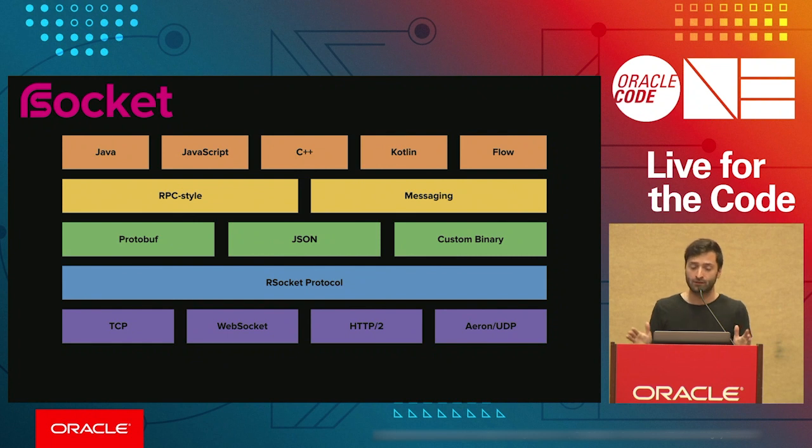So it's not only about this stuff, but we cover a lot of things with RSocket right now. We have Java, JavaScript implementation, C++. We have also a dedicated Kotlin one with the support for coroutines, GraphQL implementation with Flow, and we have multiple styles. Ben is going to talk about this as well. And another interesting thing is it doesn't prescribe how you encode your data. So we can use today things like protobuf or Thrift, Apache Thrift. But you can also do JSON and your own custom encoding or decoding facility. It's really binary protocol, so you can decide whatever you want to use to encode your data.